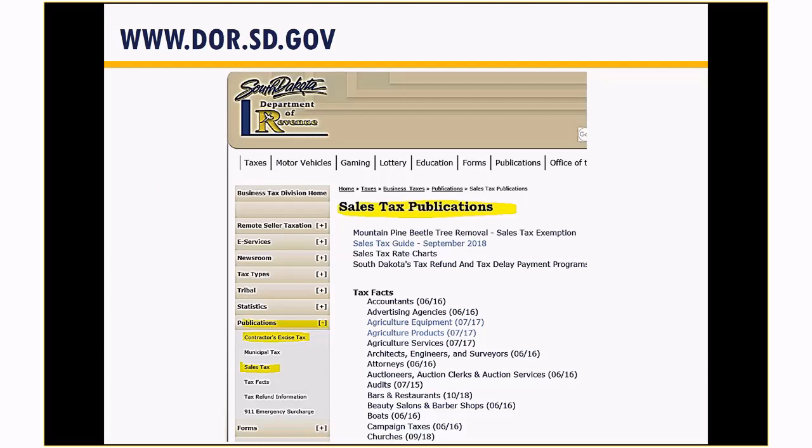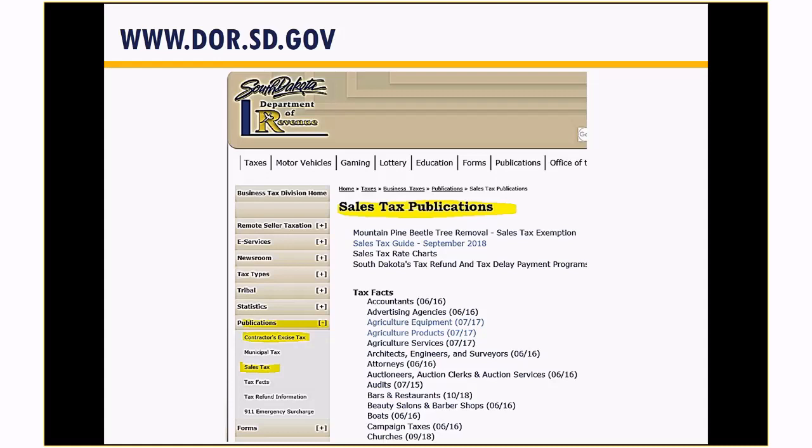First, we'll look at the sales tax publications out there. And I have to give South Dakota credit. These are pretty decent plain language guidelines with real-world examples. The real-world examples and how they're treated seem to match statute quite nicely. The dates on them are all current. You'll notice there's 16, 17, 18 for the years. And that's good. There are states out there that have 10 and 12-year-old guidelines.